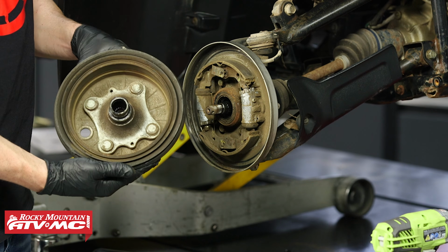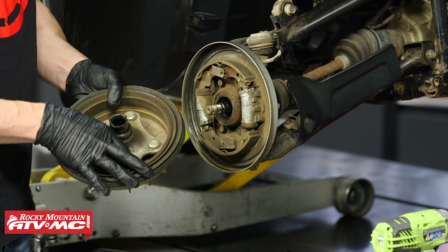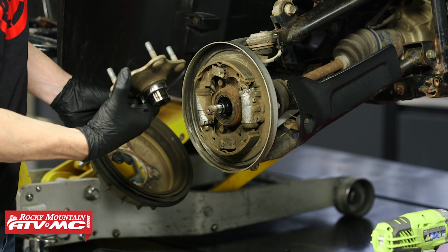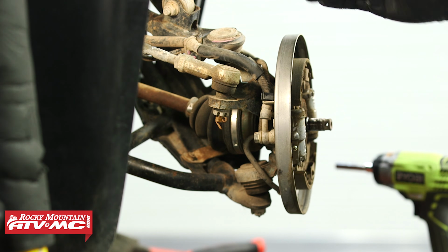And then as I pulled that off, you can see the hub just came with our drum since we already removed that nut. So we'll go ahead and set this aside. We're going to reuse this, but we are going to remove the studs from it. At this point, I've turned the bars all the way to the left,